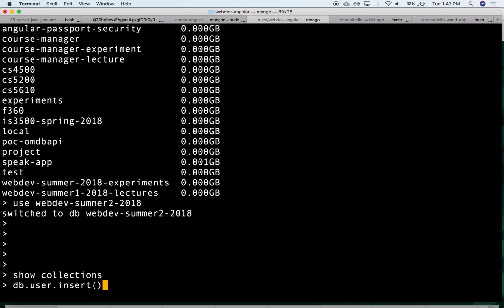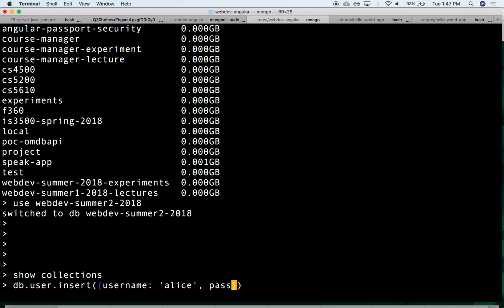Sorry, they're not called records. They're called documents. We insert documents, and a document is basically just a JSON object that we're going to insert. So we'll see lots of curly brackets in here. We want to insert, and let's add a user. This is just a plain old JSON object. They'll have comma-separated name-value pairs. So let's add Alice,